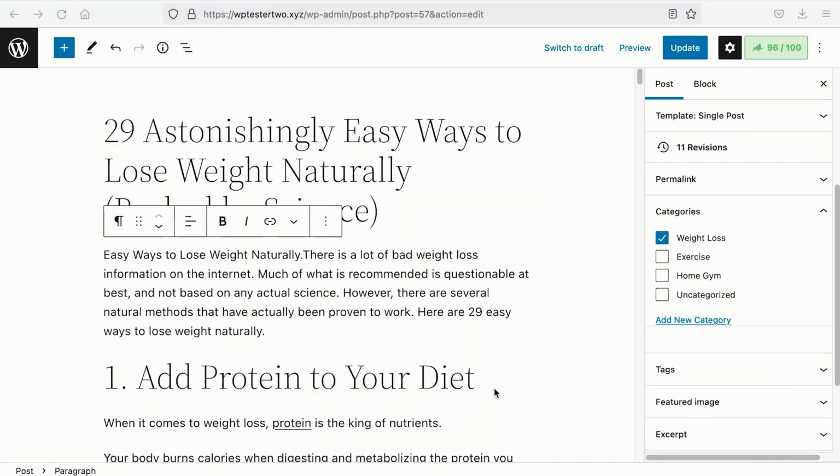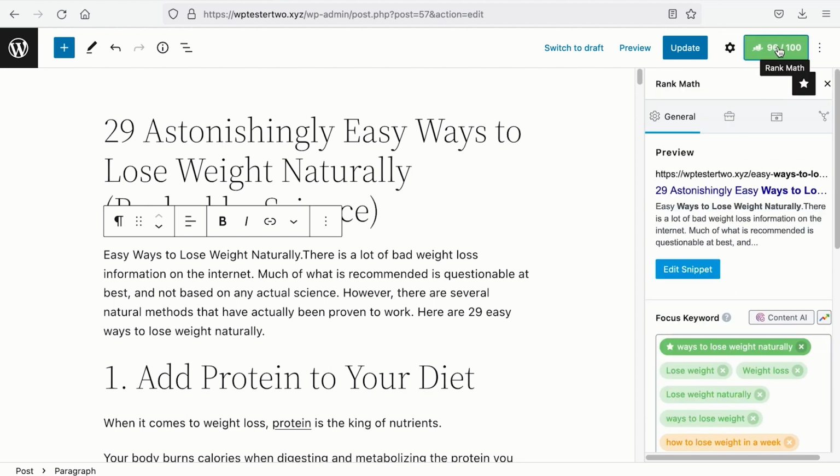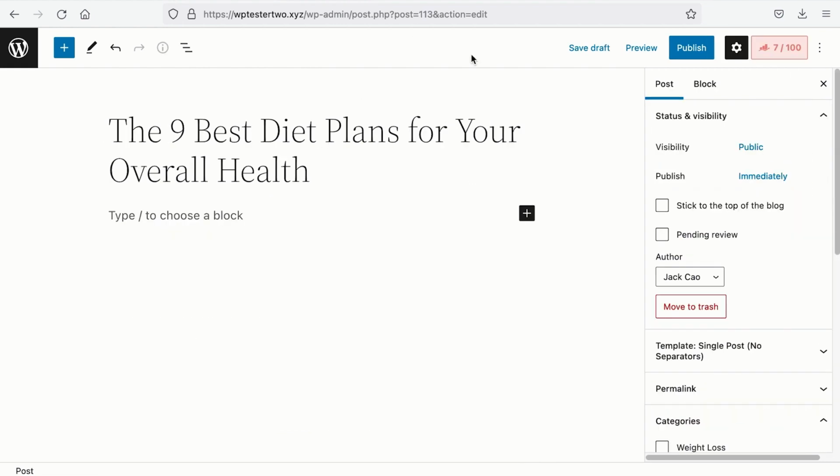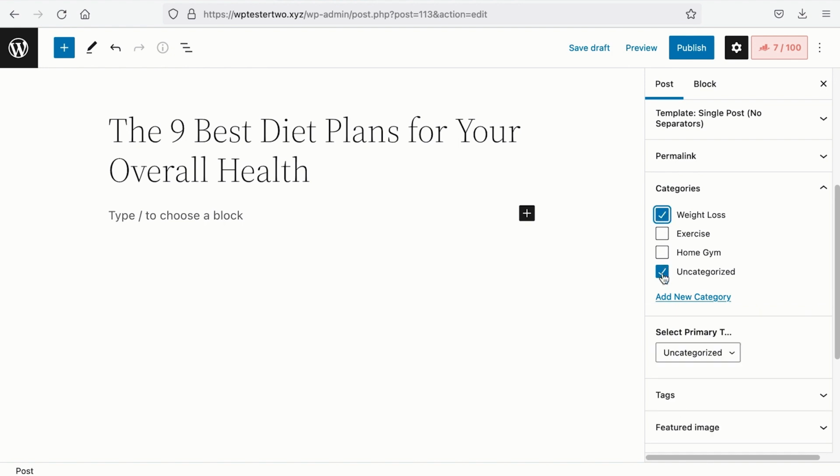Another thing I want to highlight in terms of the content analysis is the internal link suggestions and the pillar post or cornerstone content selection. A pillar post is the most important article in the category. Let's say that this article I'm writing on is in the weight loss category, and it is the most important article in this category. So on RankMath, I can select this article as the pillar content. The next time you're writing an article that is related to the same category,